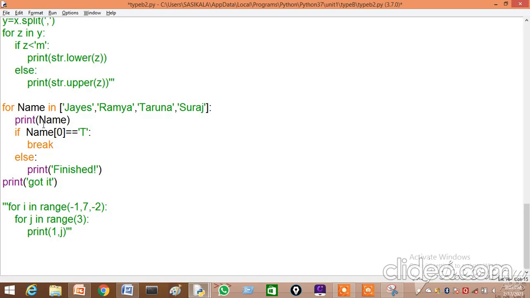Next it will go to the loop. Next value is Ramya, then it will print finished. Next Taruna, then name of 0 is T. One more thing, first it will print Jayesh, then finished will be executed, then Ramya, then finished, then Taruna, then it will come out of the loop and print got it.